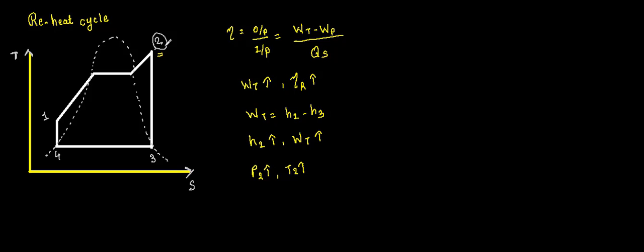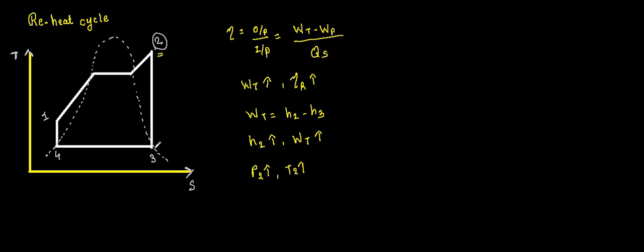This includes the blade nozzle and blade efficiency. The dryness fraction of the steam is allowed to fall up to 0.88 but not below it during its expansion in the turbine. The erosion and corrosion difficulties due to the presence of water particles in the steam can be avoided by reheating of steam.